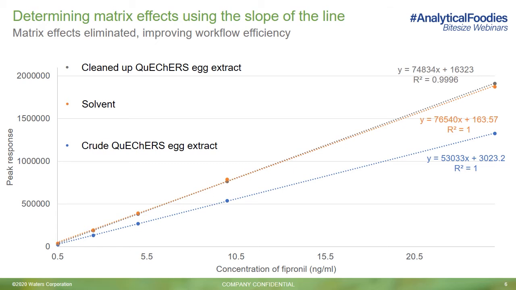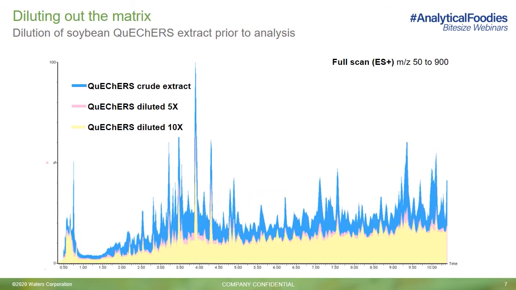This method for reducing matrix effects offers many benefits and should always be considered. However, in multi-residue methods, finding an appropriate cleanup to address a broad range of analyte to commodity scope may not always be achievable without impacting analyte loss during cleanup. Another option, which has seen a large increase in recent years, is the dilution of the final extract prior to injection. It's a simple yet powerful solution that, based on the sensitivity of the detector, may be worth checking during method development. So what does diluting out the matrix look like in practice?